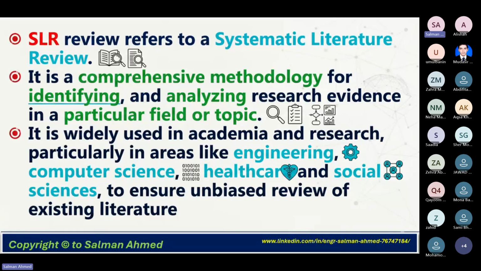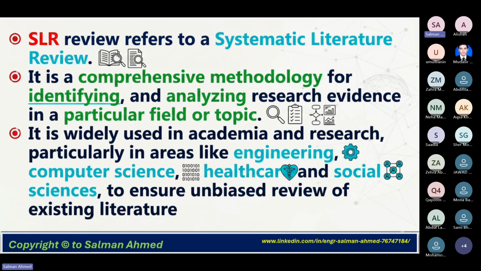First of all, whenever we start any topic, we should be clear about the field on which we are going to work. When we finalize that field, we go for the literature related to that field. There we do a comprehensive analysis, in which we identify and analyze the topics and gaps in that field. It is widely used in academia.